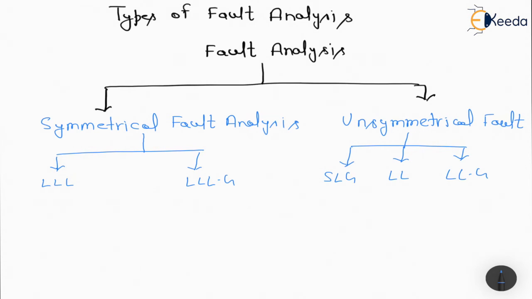Let us understand the types of fault once again. Suppose one question is given: this is 100 ampere, this is 100 ampere, and this is 100 ampere. So guys, which kind of fault is it? All the magnitudes are the same, but we do not have the same angle, that is, not 120 degrees. So this is an example of an unsymmetrical fault. The condition is that all three magnitudes should be equal, as well as each phase should have an angle difference of 120 degrees. So here it is all about the types of fault.